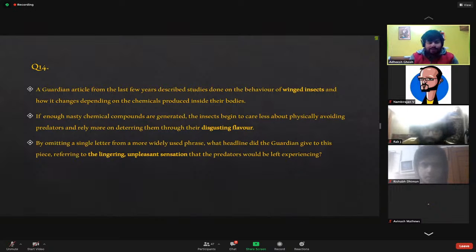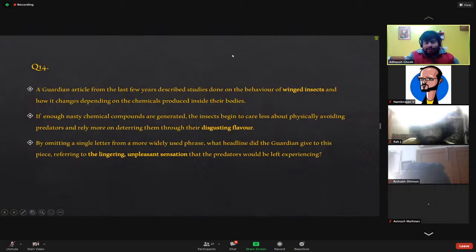They'll just try to bank on the fact that they taste very disgusting, so the predator won't try to eat them. So by omitting a single letter from a more widely used phrase, what headline did the Guardian give to this piece, referring to the lingering unpleasant sensation that these predators would be left experiencing? So, if the predators ate these nasty insects, then they might experience something